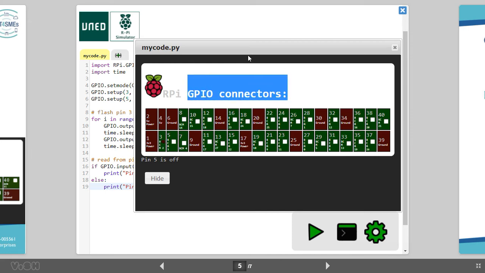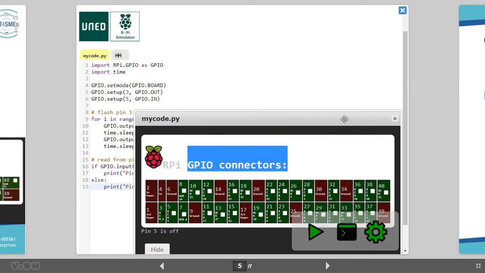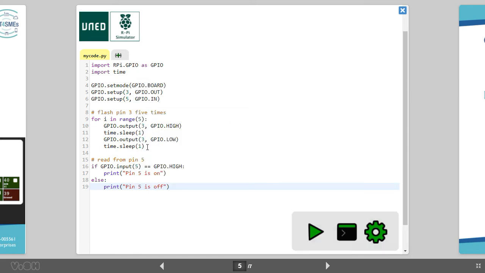So this is the code, you see? This is the code to blink. If you look at the code, this is the code to blink five times.